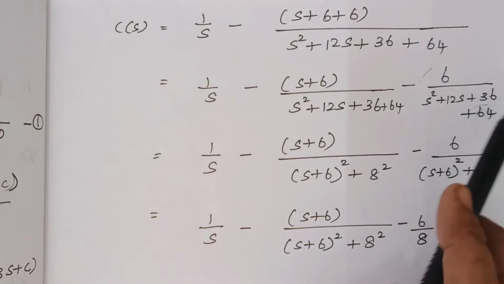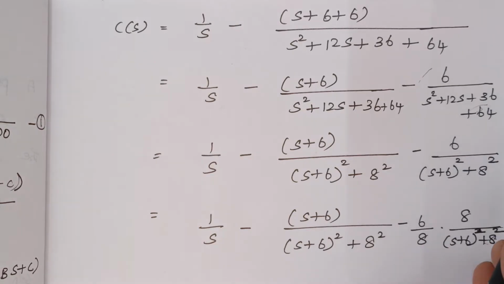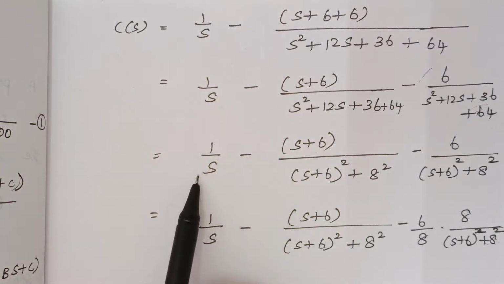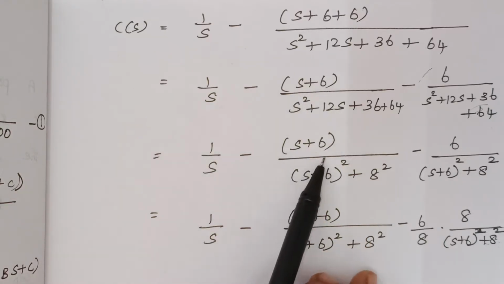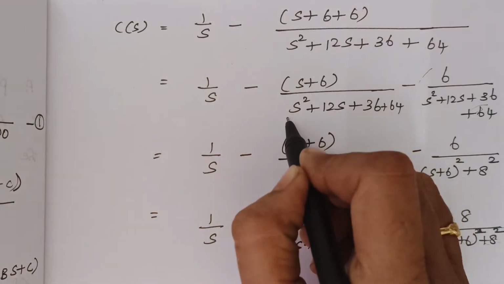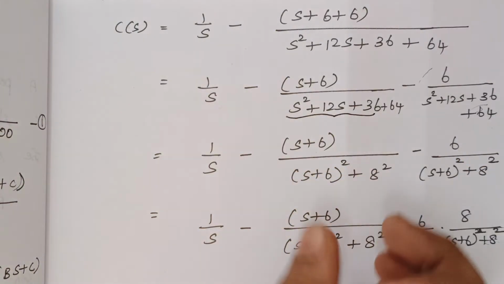So minus 6 divided by s square plus 12s plus 36 plus 64, right? And here again I am simplifying, that is 1 by s as such minus s plus 6 divided by, here you just look at these three terms. These three